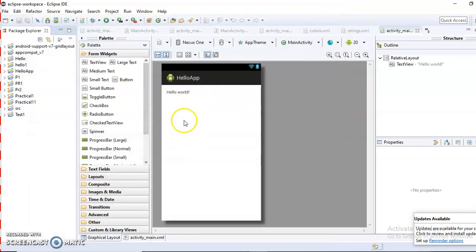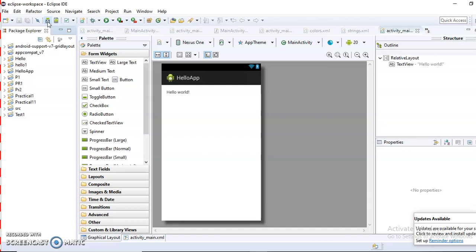Now after successful installation of ADT plugins, here is a screen of the Android SDK Manager, as we have already seen in the presentation, for installation of the Android Software Development Kit.